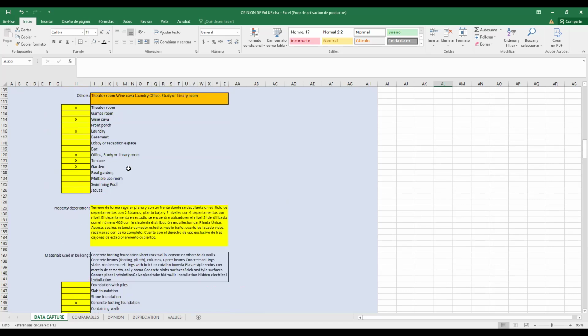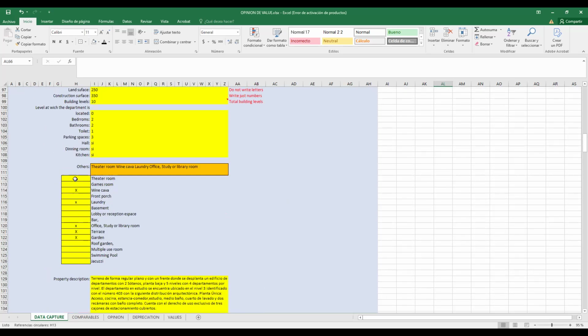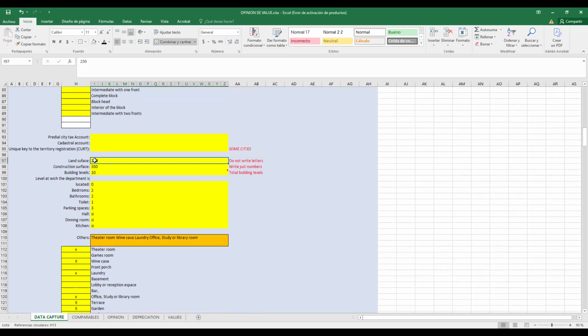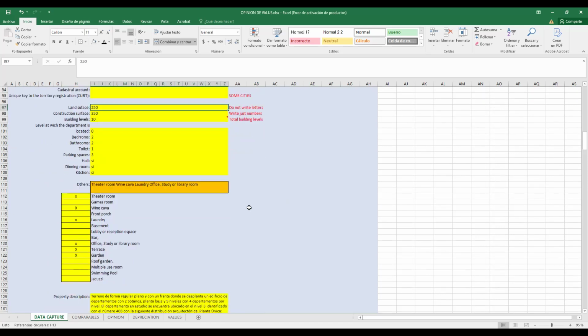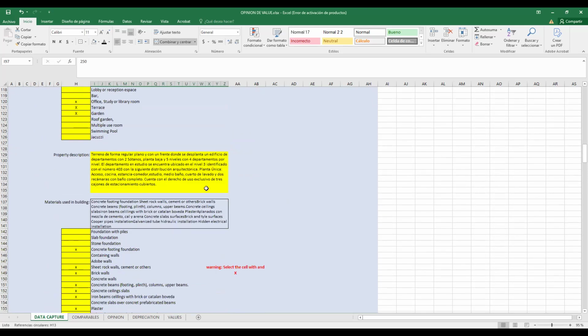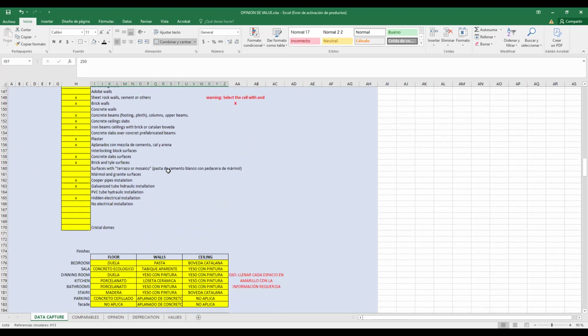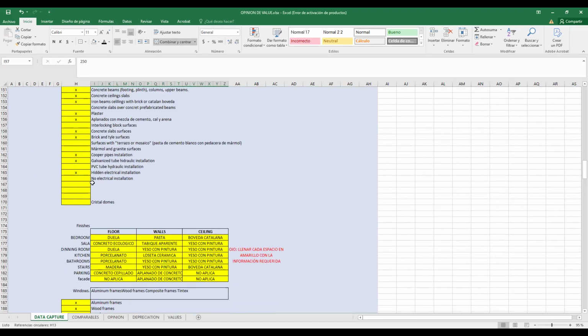Okay. Remember to fill out all the yellow cells. Don't write letters. Just the yellow spaces. Right in the yellow spaces. If your house has something else, for example, how do you say cúpula de ladrillo?